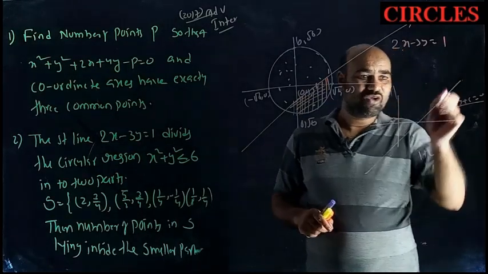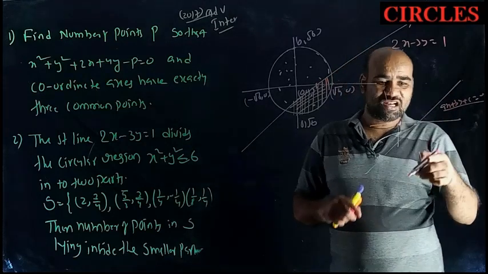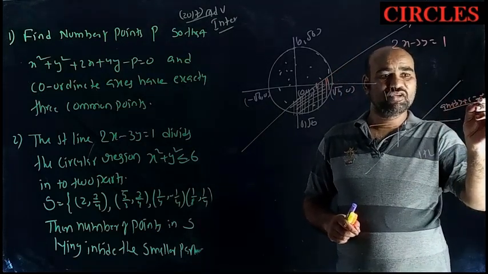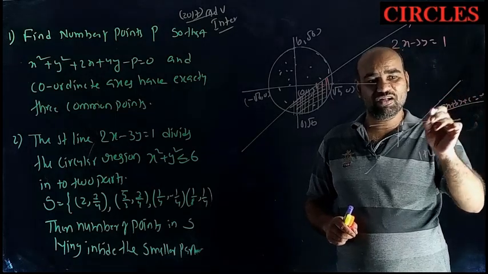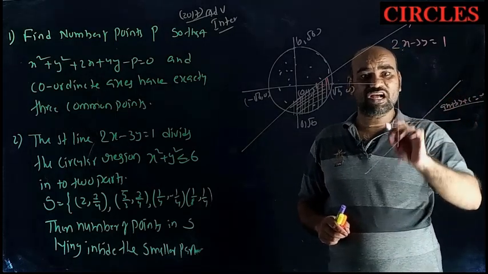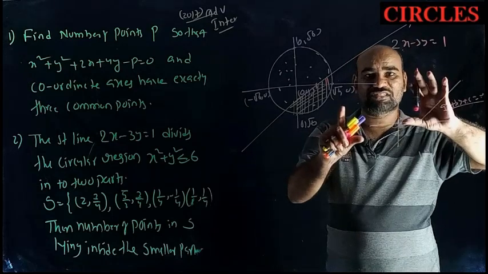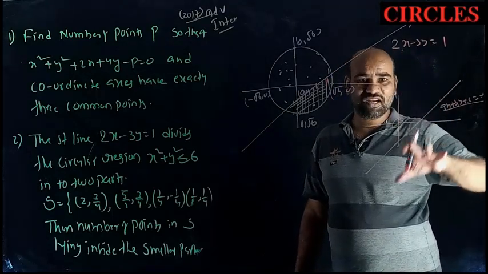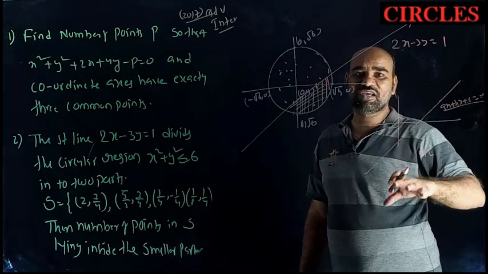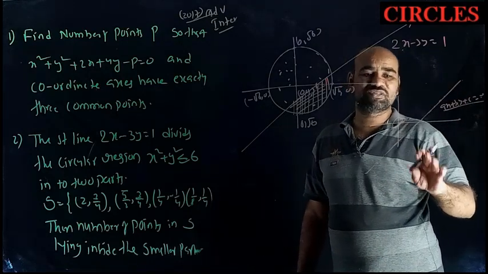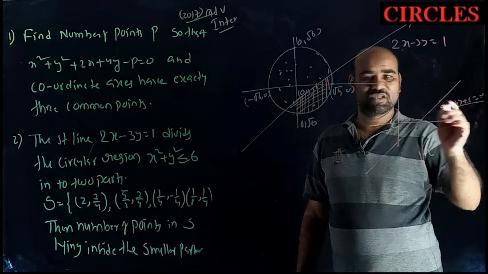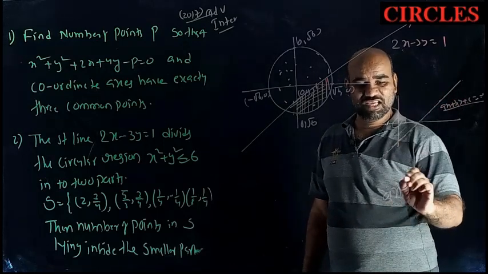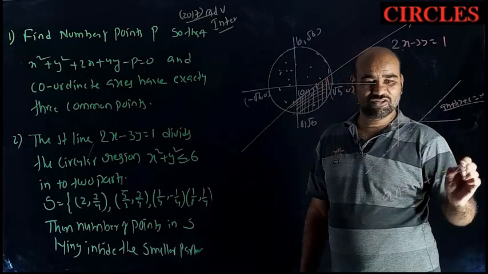In my diagram, there is one half plane containing the origin and another half plane not containing the origin. So ax plus by plus c equal to 0 is the algebraic rule satisfied by all the points on the line. Now we want to identify the algebraic rule satisfied by all the points in half plane H1. Similarly, we want to write the algebraic rule satisfied by all the points in half plane H2. Every point on this line is satisfied by ax plus by plus c equal to 0.